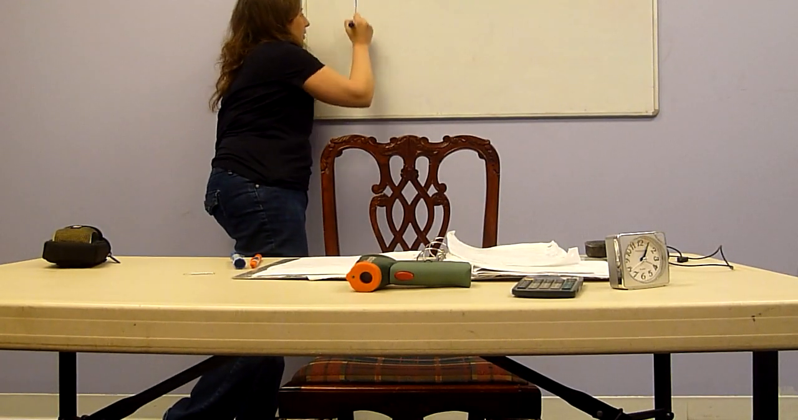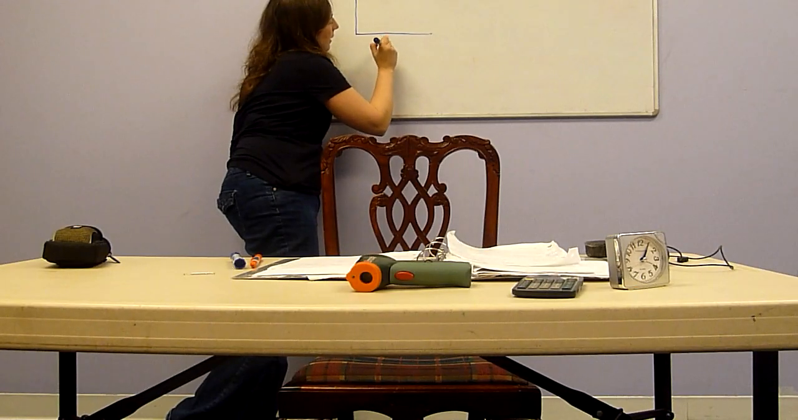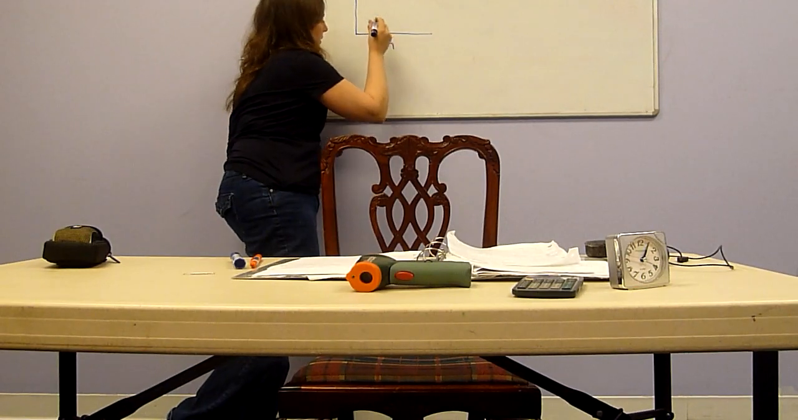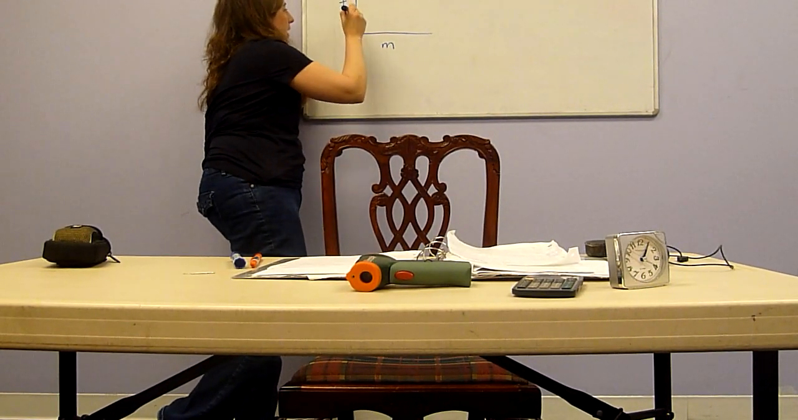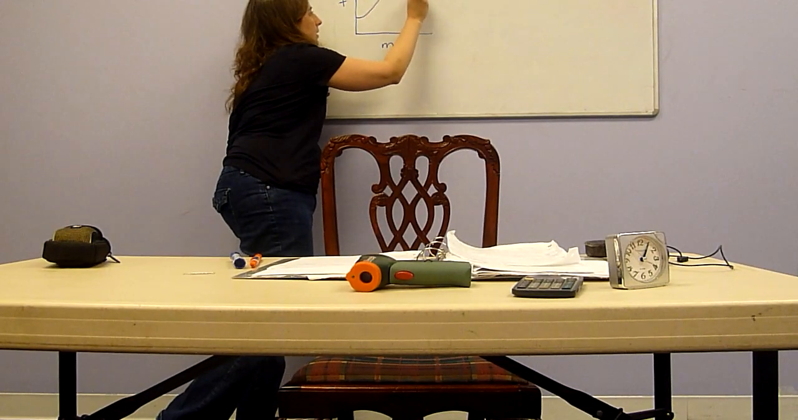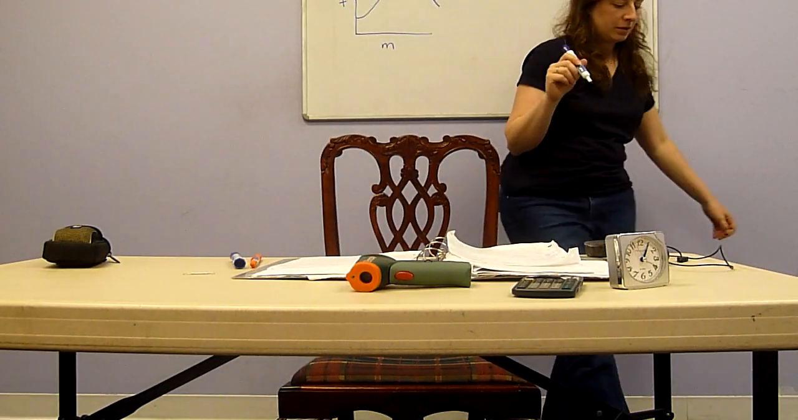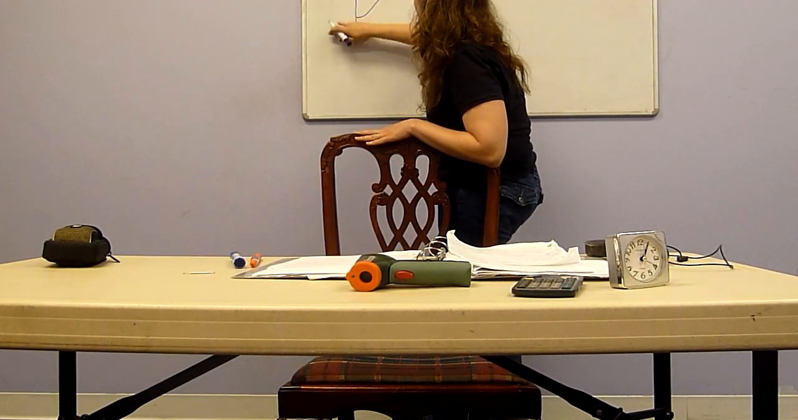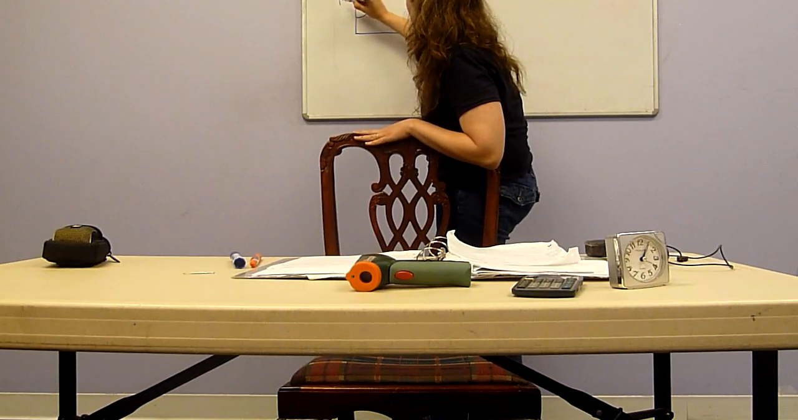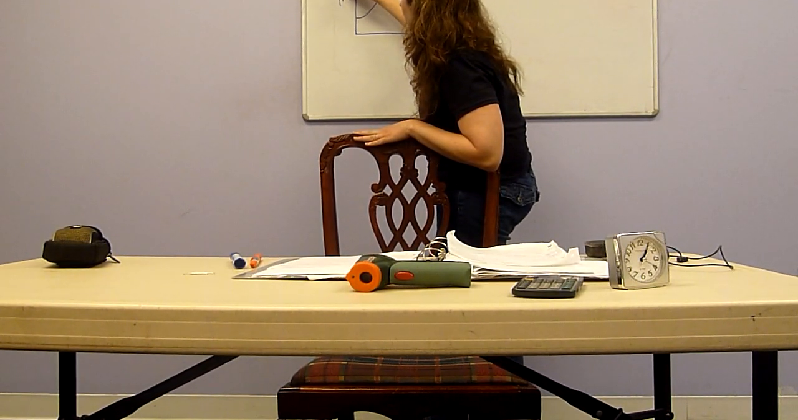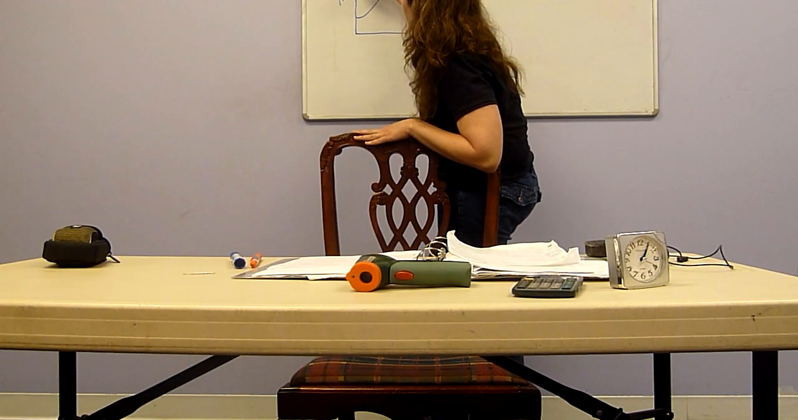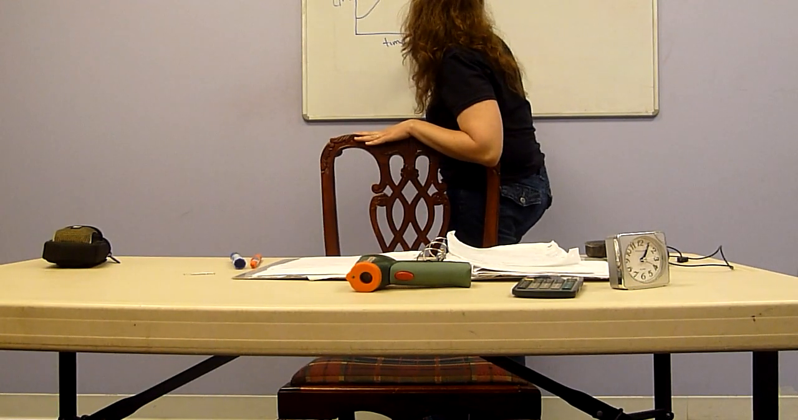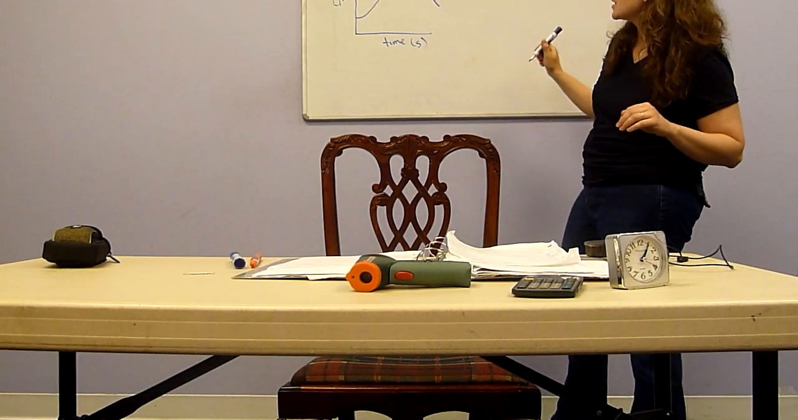So, I'll draw them then. Let's see, a distance versus time graph. That's how I learned. Displacement in meters versus time. How do you draw that? Okay, so if I have this graph,